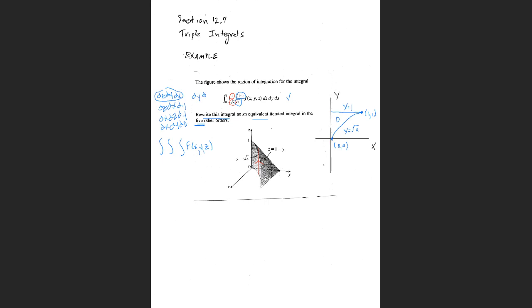You have dy, dx, dz, and you have dy, dz, dx. Okay? So of the 1, 2, 3, 4, 5, 6 orders,